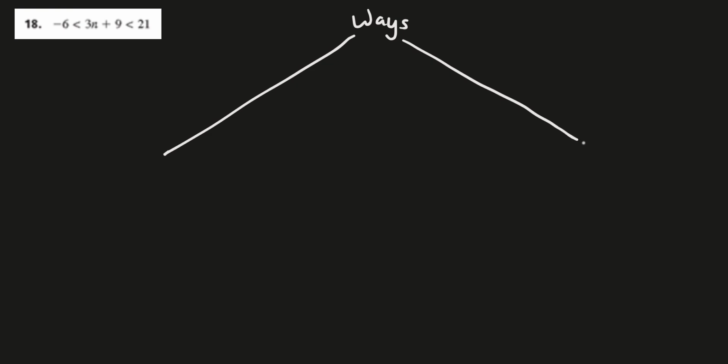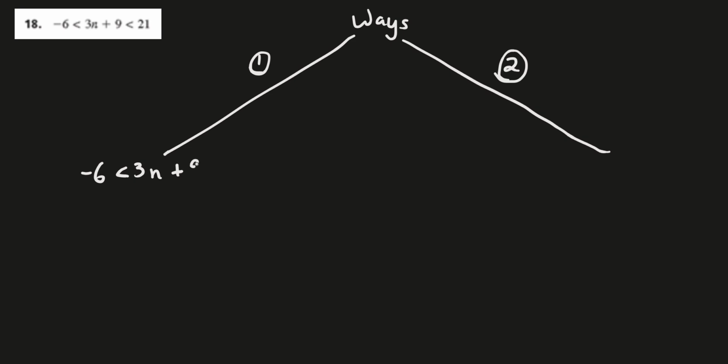So in this video, I have this compound inequality, and I need to solve for n. So let's do that. There's actually two ways that I can do this. So I'm going to have two branches here: way 1 and way 2. Way 1 is just leaving it the way it is,